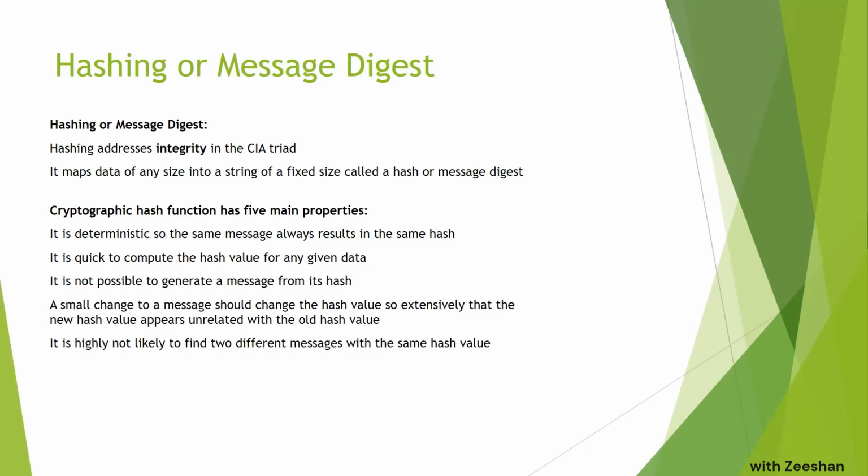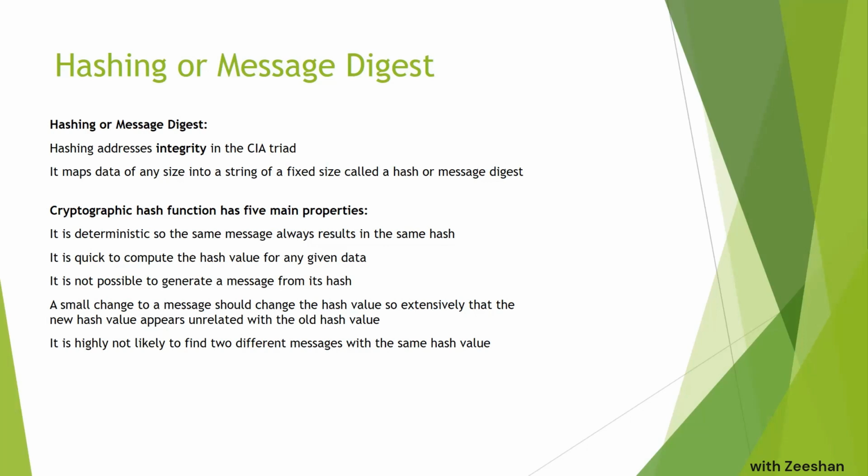Even if it is 1 terabyte, the hash will be a few bits. If it's 1 kilobyte, the hash will be a few bits. And if you run this algorithm on that 1 terabyte document again and again, the output will be the same. And if you add a single space to that 1 terabyte document, a comma, or you delete a space, the output will change.